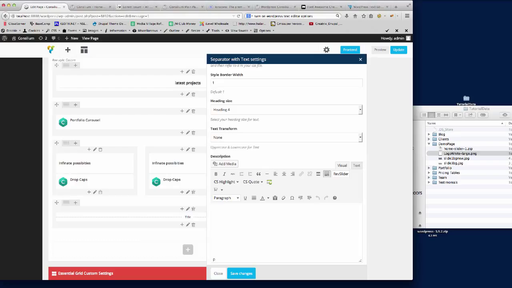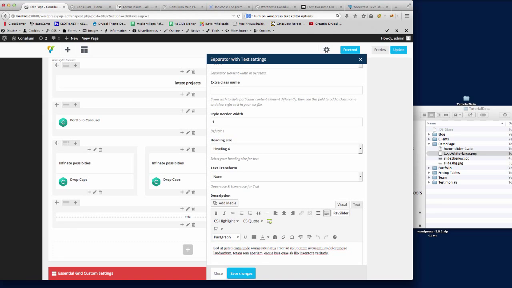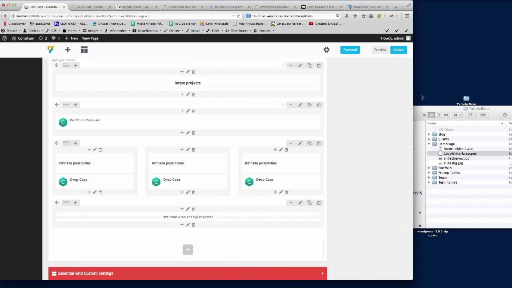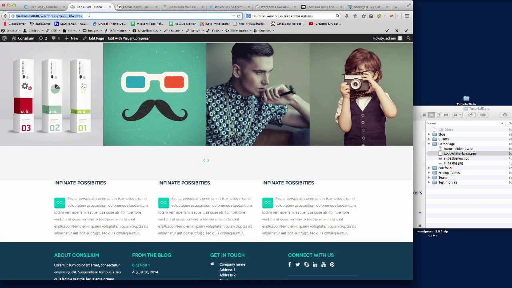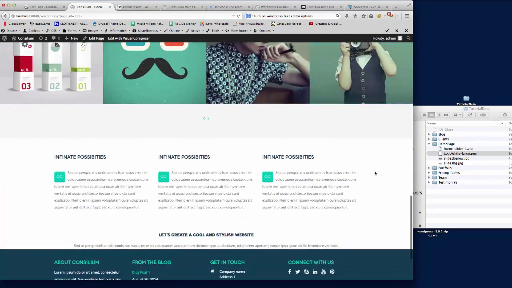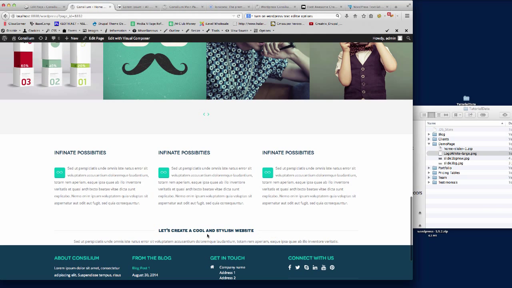So if I go down here, and then if we just get that, I'm just going to paste that in there like that, and then the title we just put in here like so, and then save that. Then if we update this page now and refresh the page, you'll see that we've got the padding in here, we've got the text separator with the text,